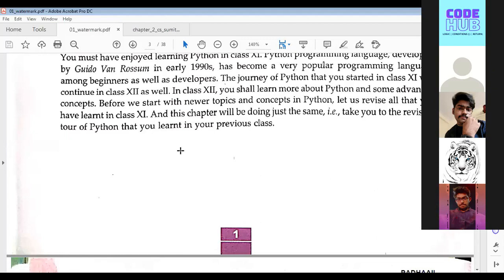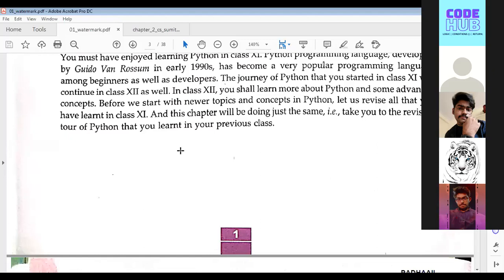Remember that in object oriented programming you have languages like CPP, that is C++, you have Python, you have Java. Python is the most easily understandable object oriented language because it supports abstraction, encapsulation, polymorphism.